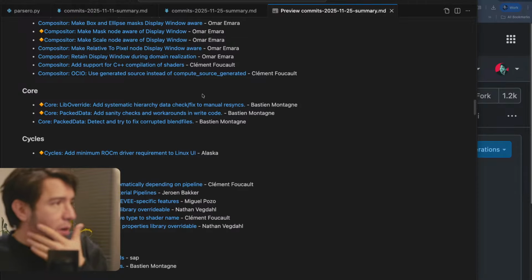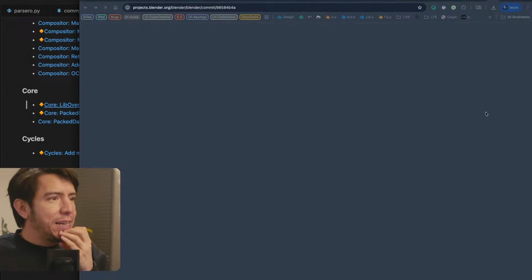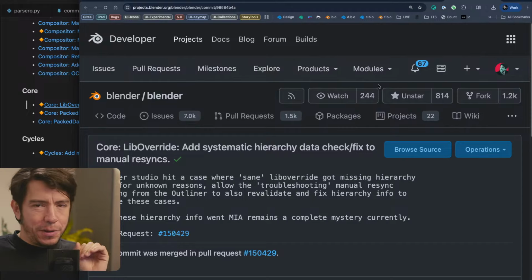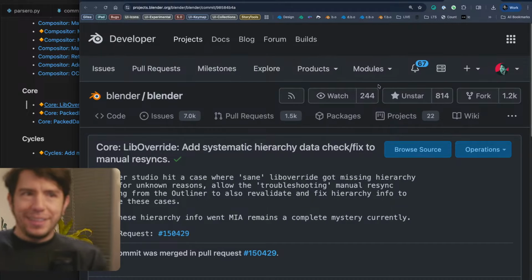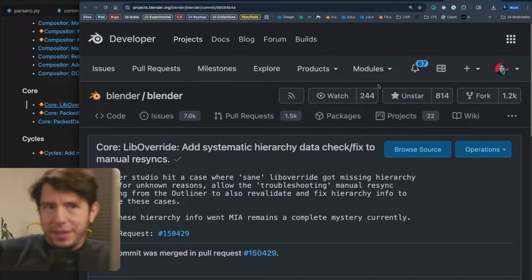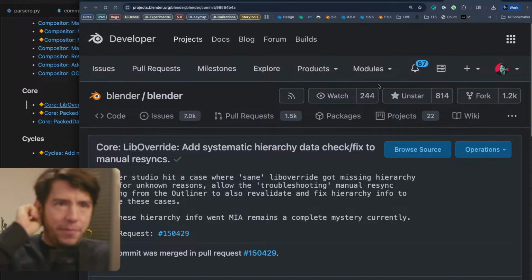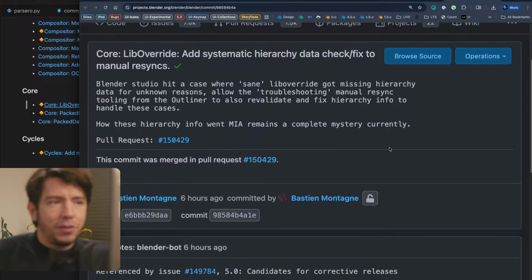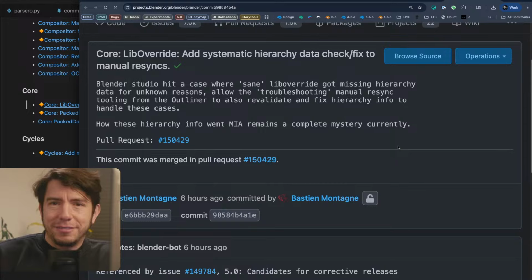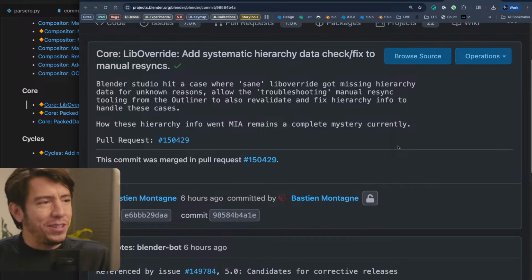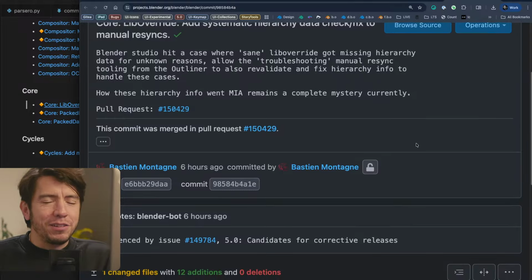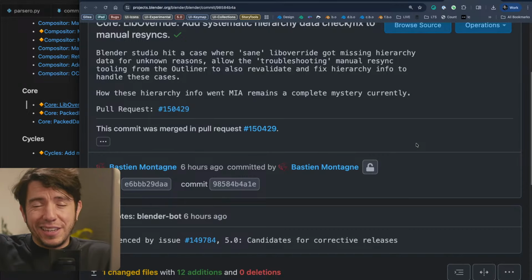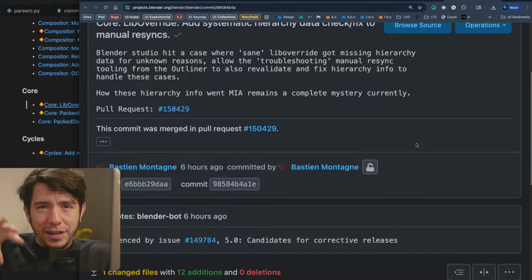C4 core. This is maybe more niche. I don't know how many of you use library overrides. This is a very production specific change. The team downstairs, the Blender Studio, often runs into these weird issues with libraries, when you link a thing and maybe you move the file and you have to resync the library overrides, you need to get all the files and the dependencies.